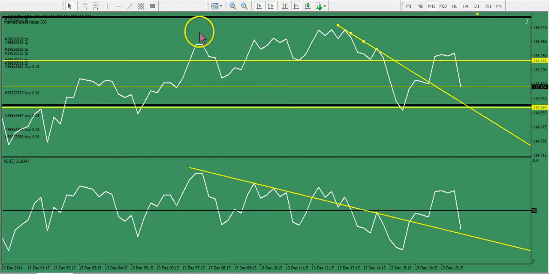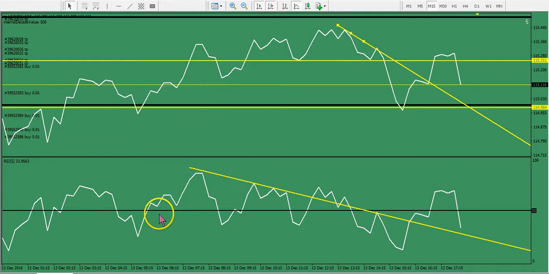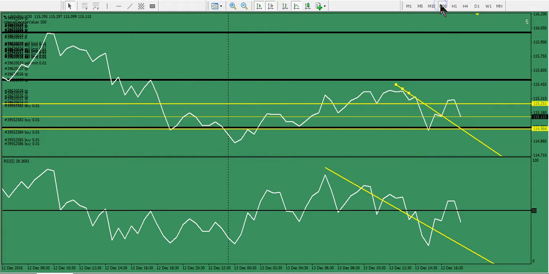Here's the pullback on the 15. You could sync this to the 5. More oversold, higher price. You got a doji that becomes a support. Here's your triple divergence. The nice thing about it is trend lines, unlike moving averages, are going to be able to keep up with the shift in time frame. So if you go to the half hour, you'll see the same. It's easier. Half hour is not as many signals, but here's a great bottom